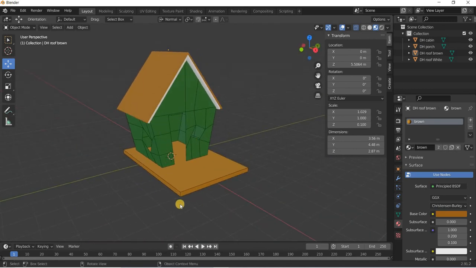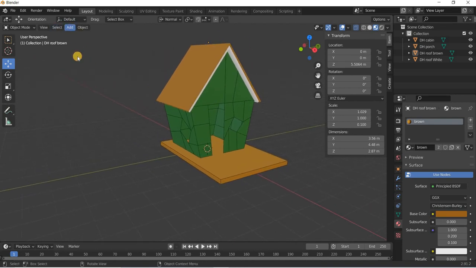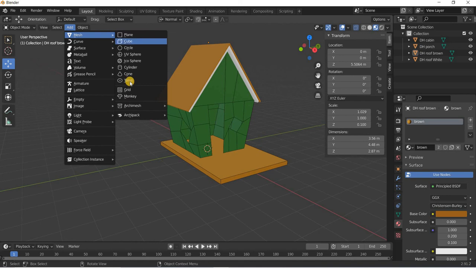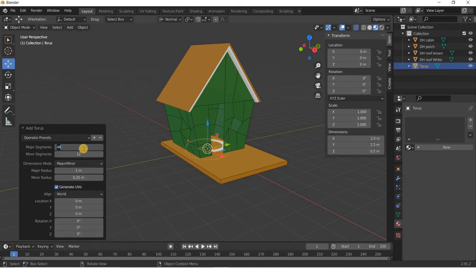Now we need to create frames for our door. So what I'm going to do is I'm going to add a torus. Okay, and before anything I'll make this 4 and I'll make this